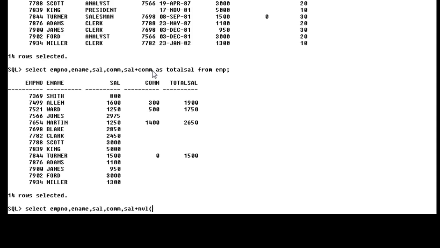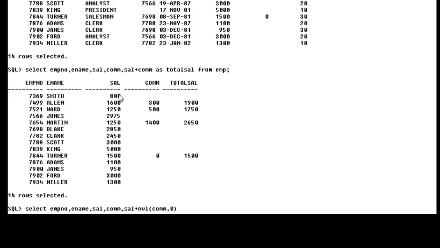So I have to convert the null value into 0 using the NVL function in brackets. The NVL function has two parameters. The first parameter is the column name in which you want to check for null values, meaning commission. If the commission column has any null value, you replace that value at calculation time. Suppose in commission any value is null, then it converts to 0. Now sal plus 0 is equal to actual sal.